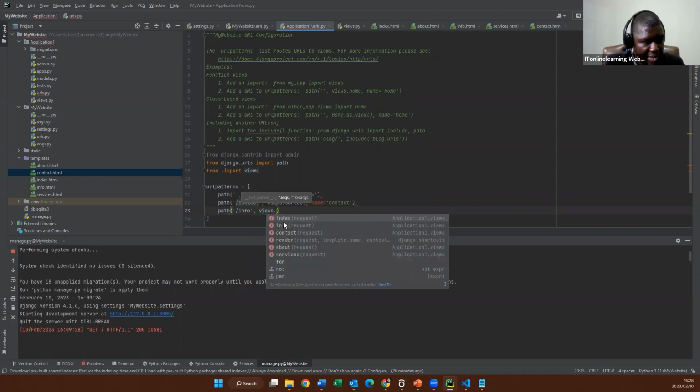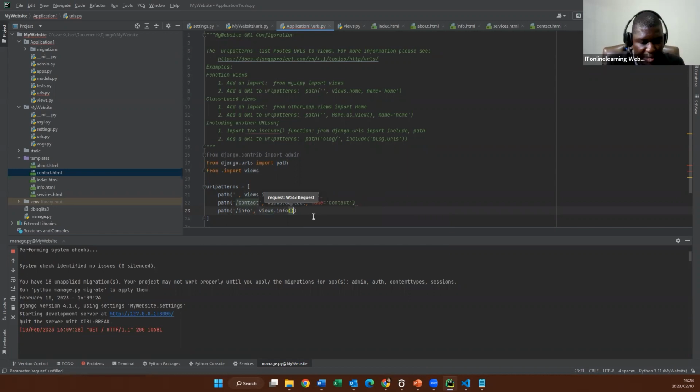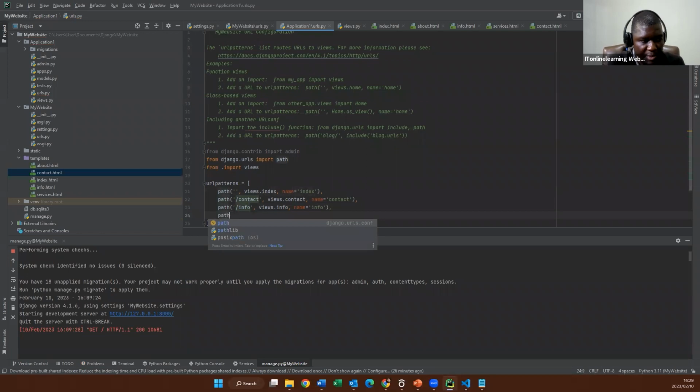Remember I said we're talking about a function here. So info is a function, and then name, which means info, like that. Okay. And remember you terminate them with commas here, and then you also come here, path,